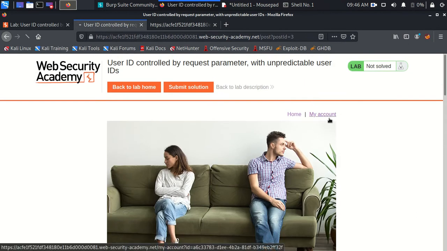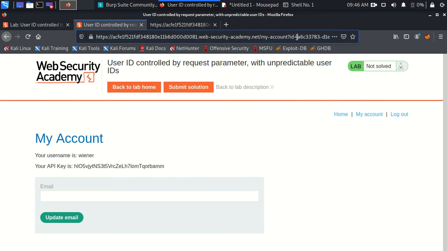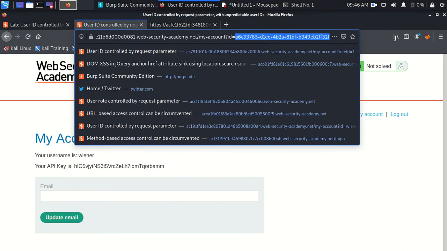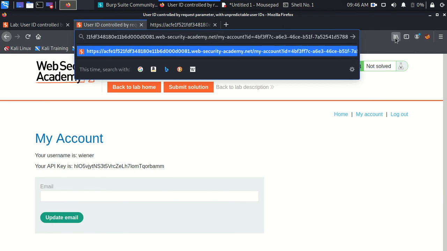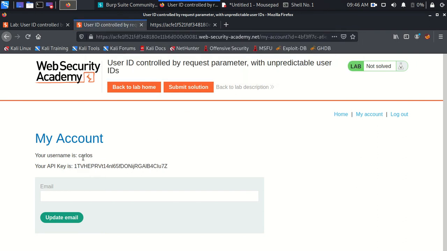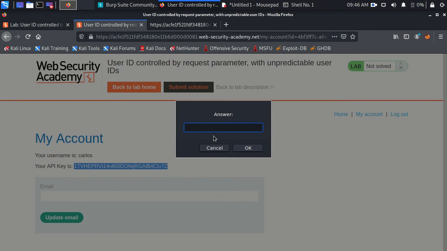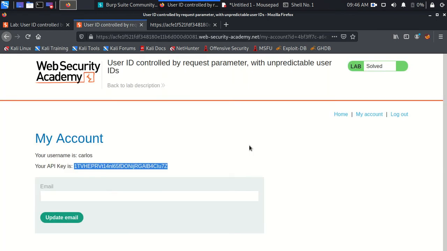So we need to go back to my account, and this is the ID. This is for Wiener, so I change it to Carlos. Fine, you get the Carlos user and get the API key for the Carlos user, so we can easily copy this key and submit the solution, paste this key, and good to go.